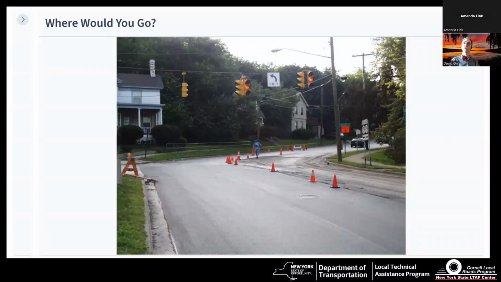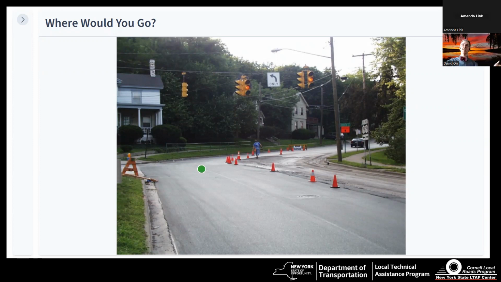But let's just give an example. And this is again Poll Everywhere. This is actually a pretty cool feature I like. If you were driving up a one-lane road, a flagger has put you into the left lane, one lane is closed and being paved, and you come up towards this intersection, I want you to click on the picture. Where would you go?